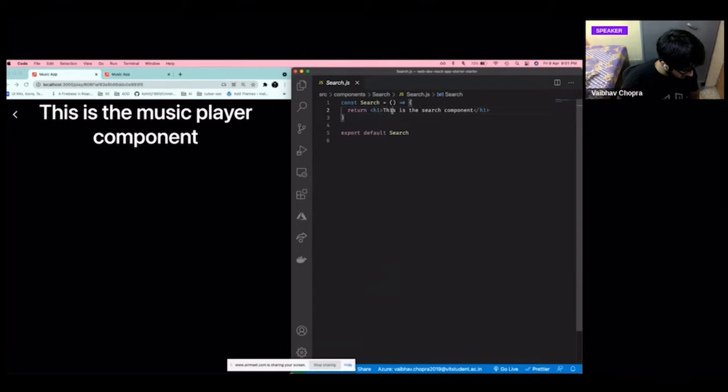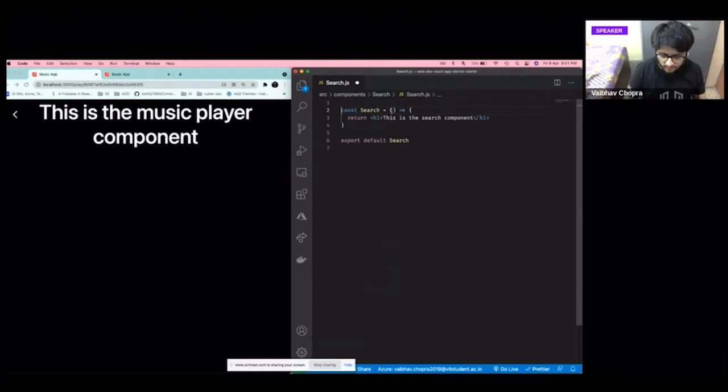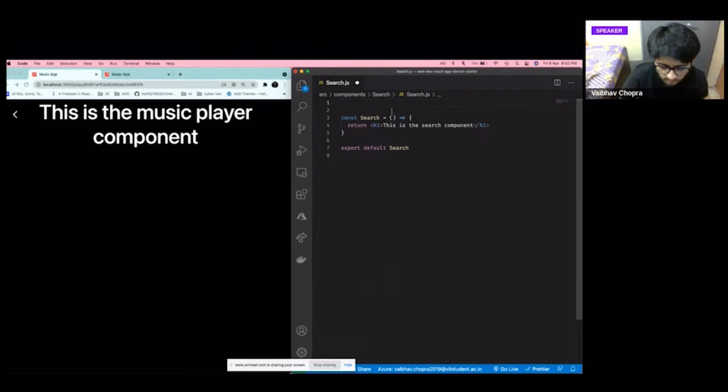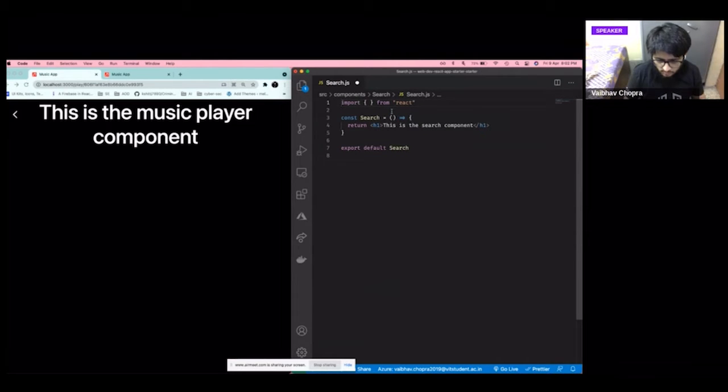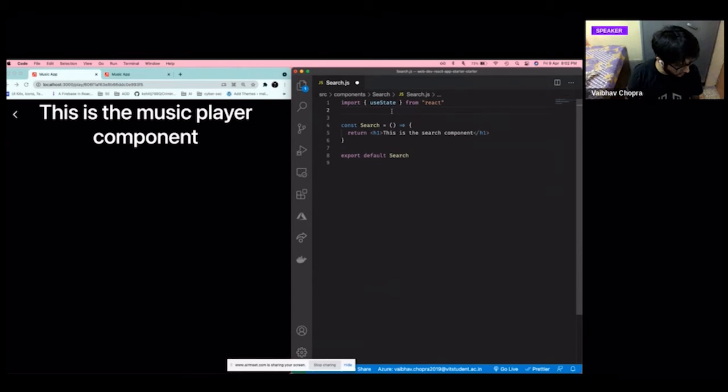Okay. So again, like we used useEffect and useState in our last custom hook, we will use useState again here. This time we won't make any custom hooks. We will use our older custom hook, but this time we will only use useState, which is the default hook provided to us by React.